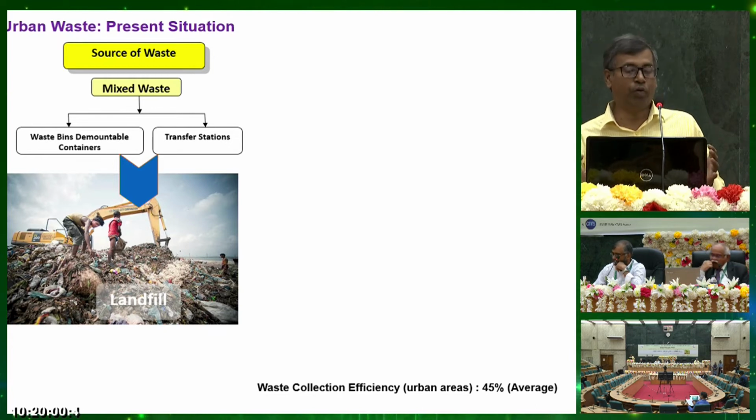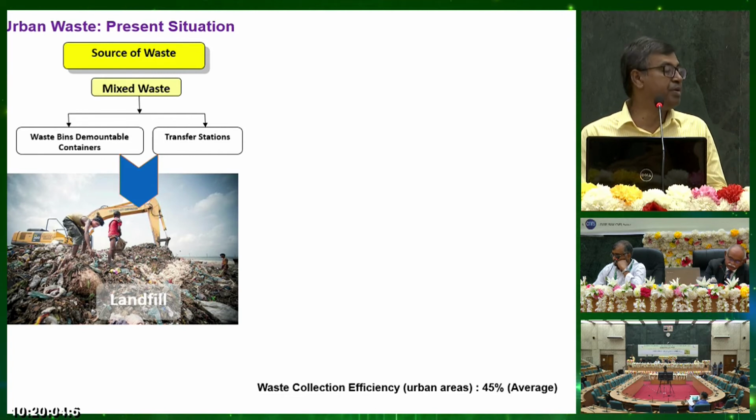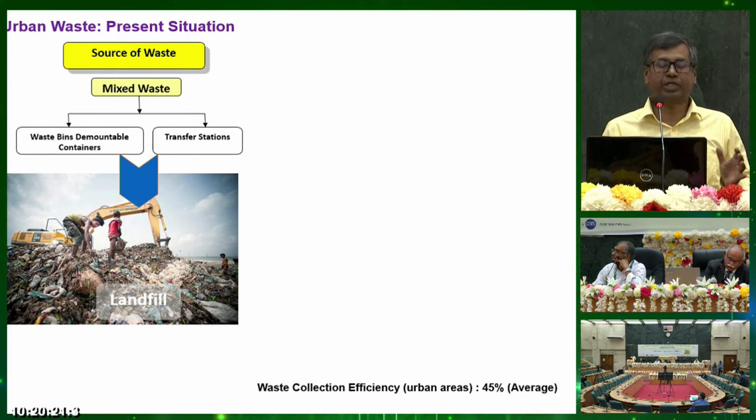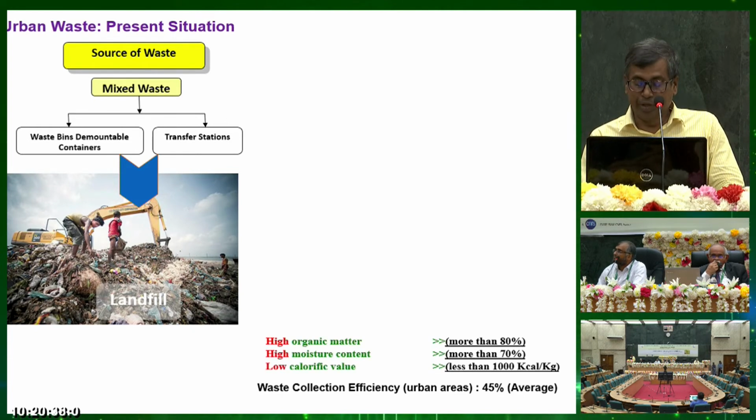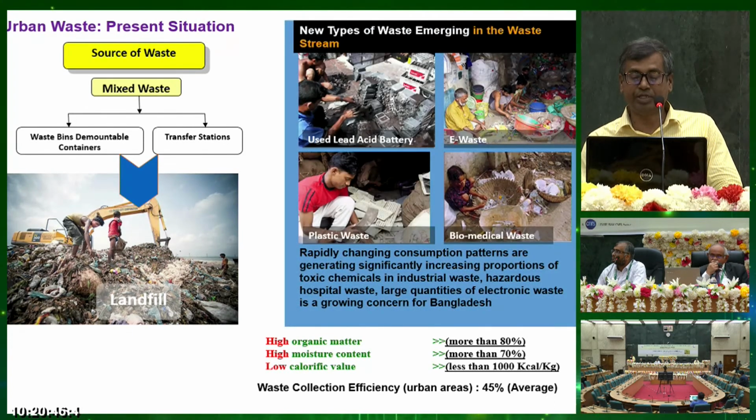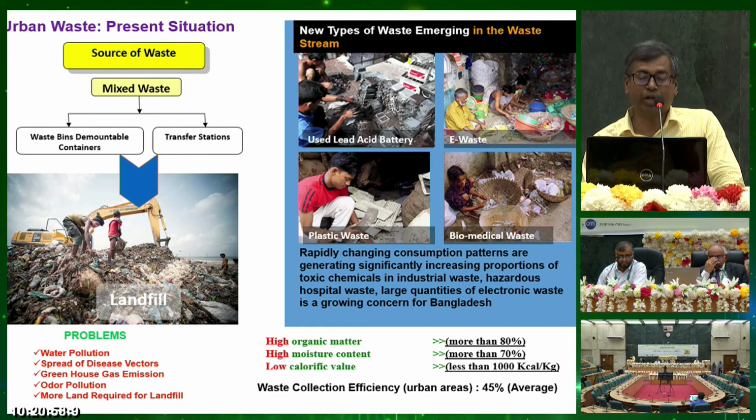And about urban waste, the present situation in our country: I mentioned the many types of waste, and the whole waste is kept in the same bin in the house, and that is the main problem. Then the mixed waste is collected and dumped into the dustbin, and the local government conservancy service keeps it in the truck with no source separation, organic and inorganic waste in the same truck. They transport it and dispose of it in the landfill, and these landfills are also not well designed sanitary landfills. Most of the waste has high organic matter, about 80%, high moisture content of 70%, and low calorific value. So low calorific value restricts its use as a fuel or heat generator or for biogas. So most of the organic waste in Bangladesh is suitable for composting,